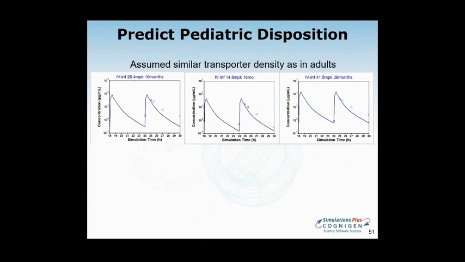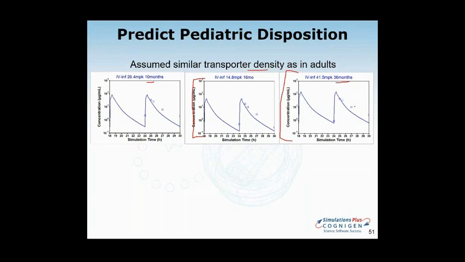And for this one, we were able to find the CP time profiles in infants, 10 months old through 3 years old. And if we assume the same transporter density as in adults, you see that we would end up with overprediction of the clearance. So the CP time profile slightly underpredicted. And it may not seem very significant on these plots, but you can see that they are all on the log scale. So the underpredictions actually were quite significant.